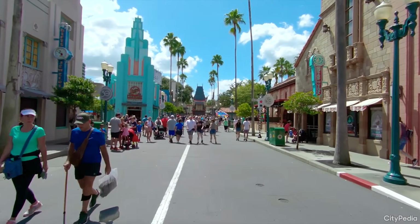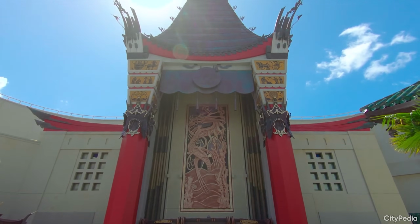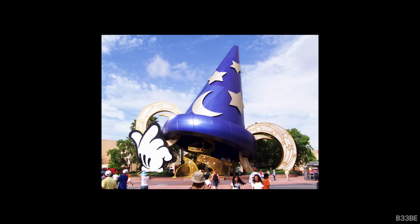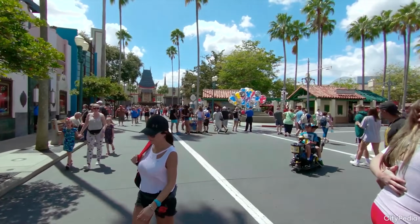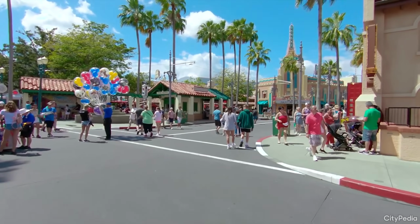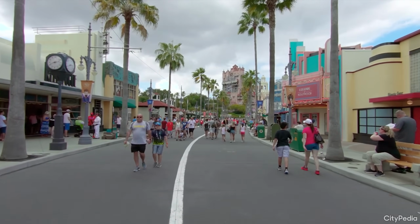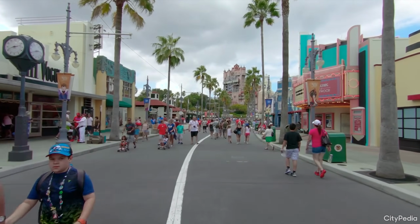At Hollywood Studios, as you enter the park and look down Hollywood Boulevard, you see the Chinese Theatre pulling you in. Or at one point you saw the hat, but we don't really talk about the hat anymore. Then as you walk down Hollywood Boulevard before reaching the theatre, you eventually find the crossroad into Sunset Boulevard. If you choose to take this path instead and round the slight corner, a sightline is then revealed to the